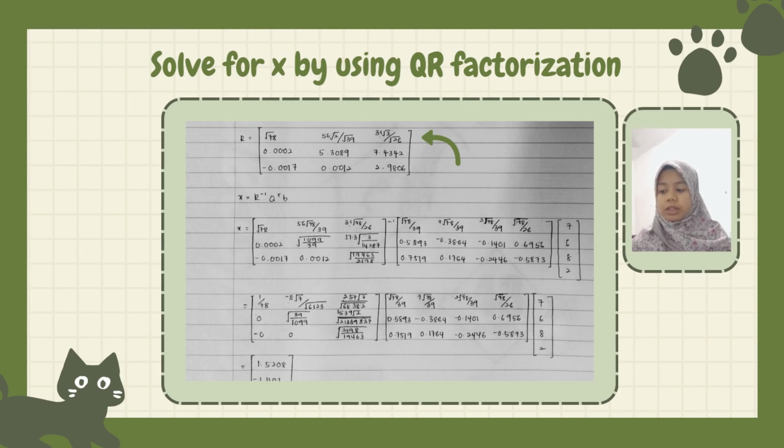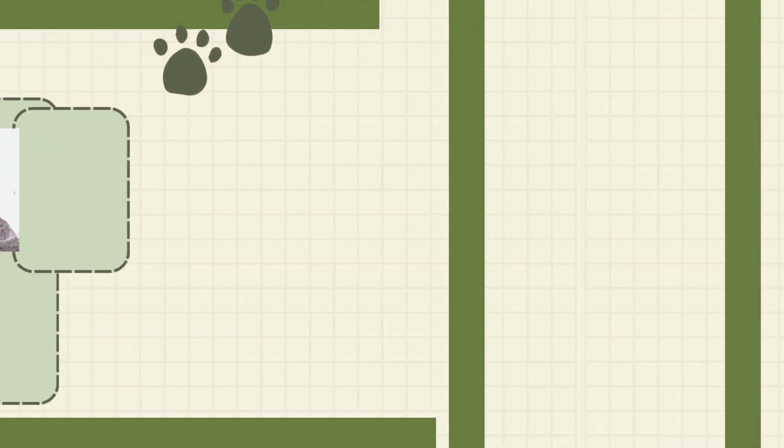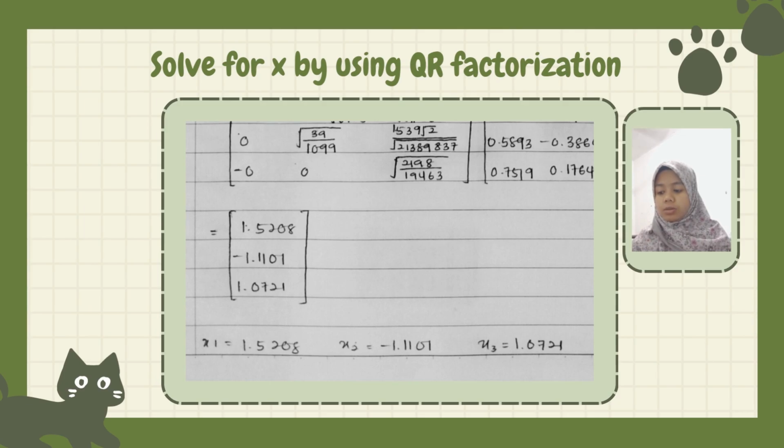If we want to find the value of x, we have to use the formula that we already showed above, which is R inverse times Q transpose times B. We have to invert the matrix of R, and then we will get the R inverse matrix, and multiply by the matrix of Q, which has been transposed above, and then multiply by the matrix of B, and we will get the answer, which is